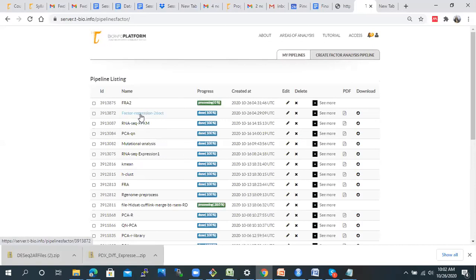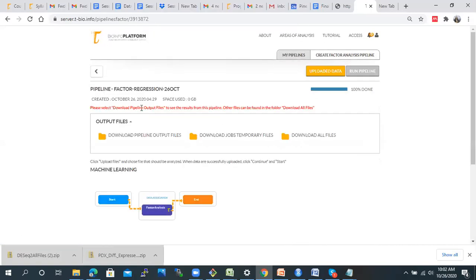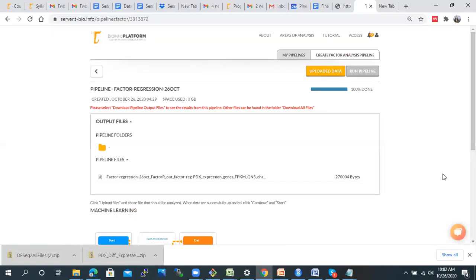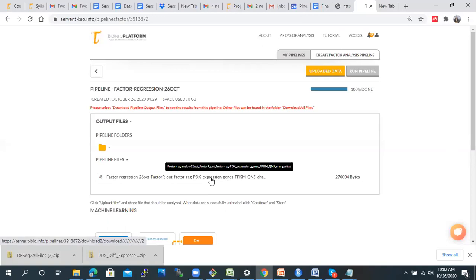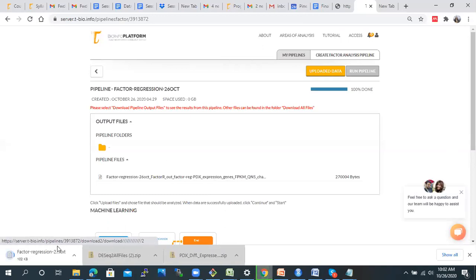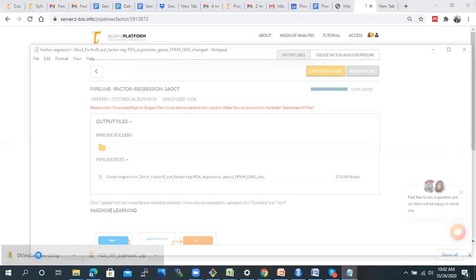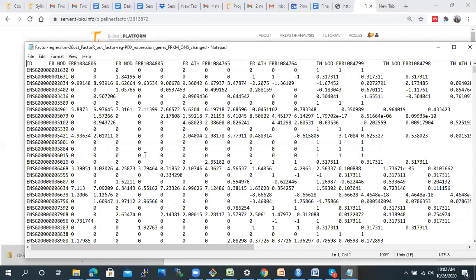Okay, my factor regression analysis has already completed. If I click on this, under the output files we will get these options, and here I will get the result. Let me download this result and show you what we have got.